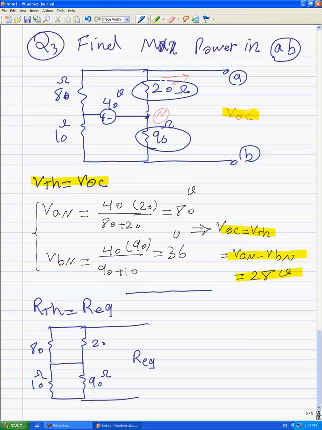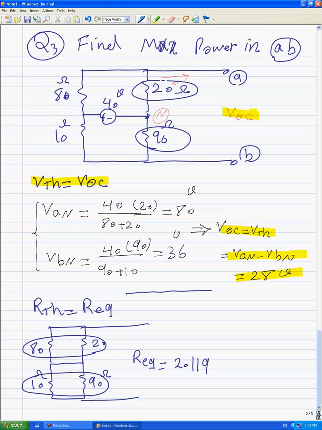Regarding the description in tutorial 1, immediately we can find the equivalent resistance here because 20 and 80 are parallel, 90 and 10 are parallel, and the totals are in series. That's why our equivalent is